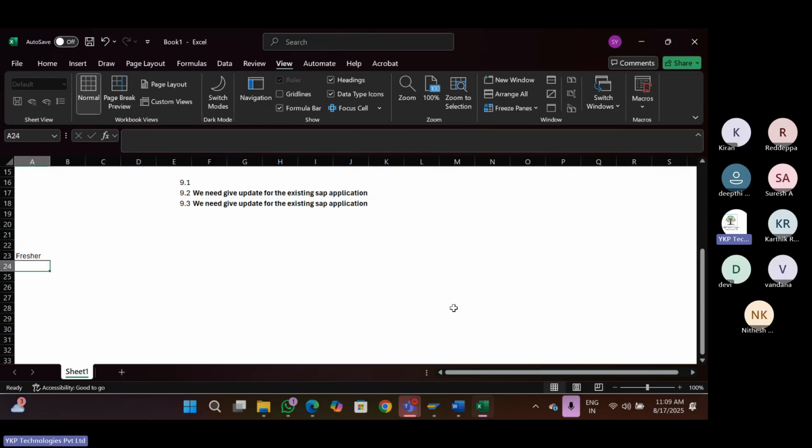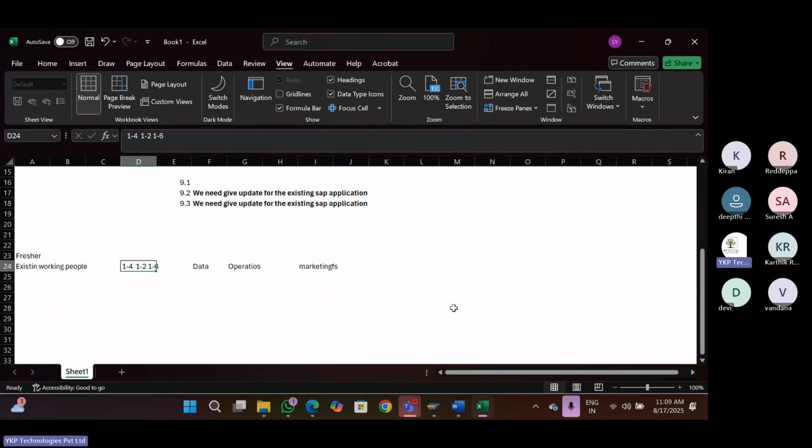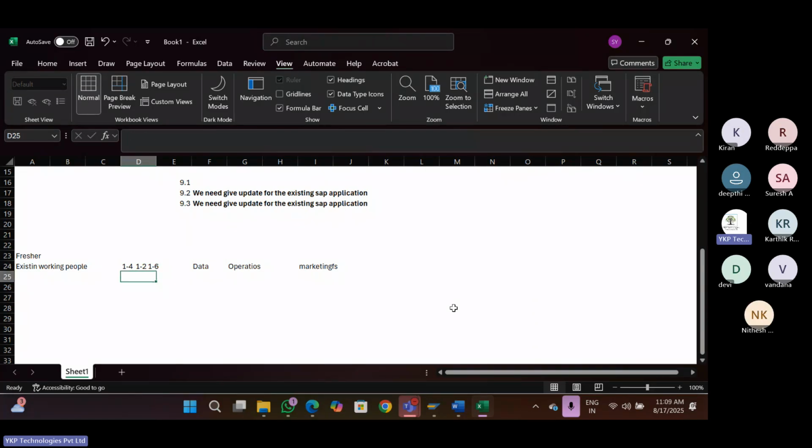Freshers can learn, or if you are working, any already existing employees, existing working people with 1 to 4 years or 1 to 2 years or 1 to 6 years working in data entry or operations or marketing, whoever it may be, anyone who has existing BPO experience can also learn this course and enter this market. And the third one, assume that